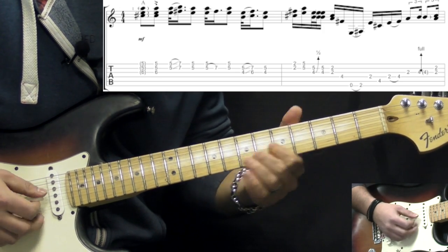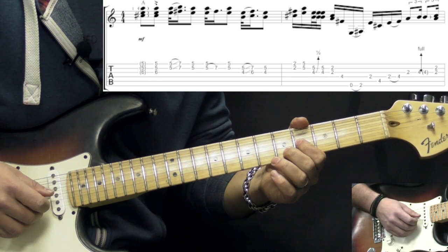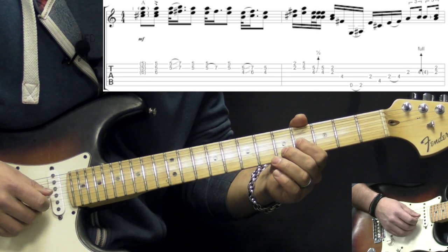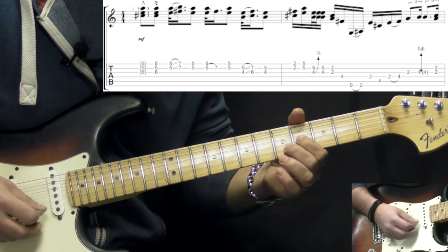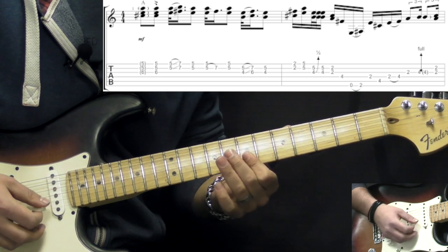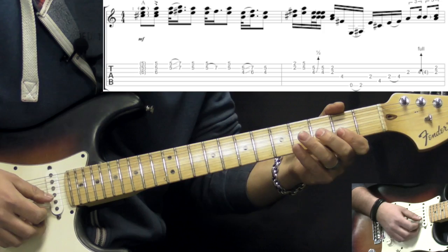And then we have another double stop, which is now on G and the B string. So 4th fret and 5th fret, and we simply shift it up 2 frets and back down to the initial double stop. So all together we have. Then the next part,